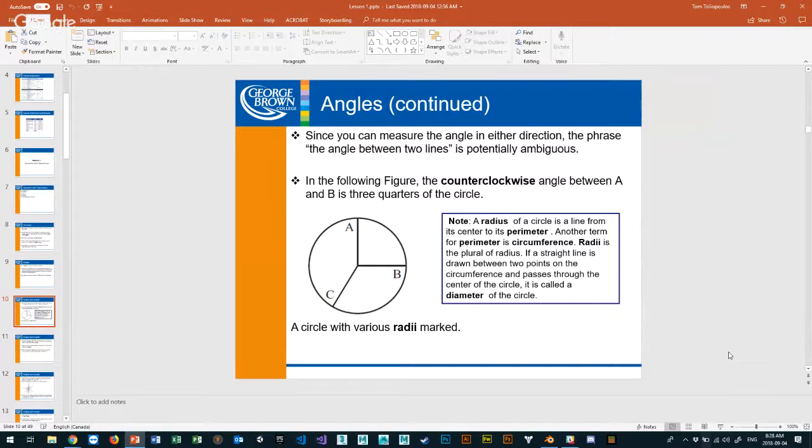So here, in this example, we've got some shapes that are inside of the circle. A lot of times what we'll be doing is we have these marked radii, A, B, and C in this particular case. And these arms that come out from the center of the circle are called radii, and they're all equidistant, because it's a circle. It's a special kind of ellipse that's perfectly shaped.